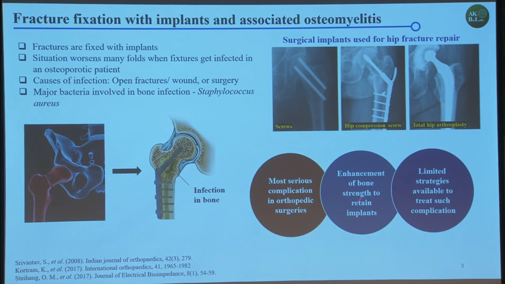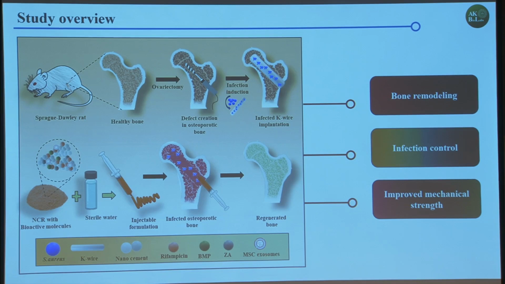And there is a requirement to enhance the strength of the bone so that the secondary implants that will be implanted do not fail again. There are very limited strategies available to treat such issues. So we have designed a study where we made an implant-associated osteomyelitis model in an osteoporotic rat, where we utilized nanocement-based carriers for delivering several bioactive factors and antibiotics at the site of fracture so that we can achieve bone remodeling, infection control, and improved mechanical